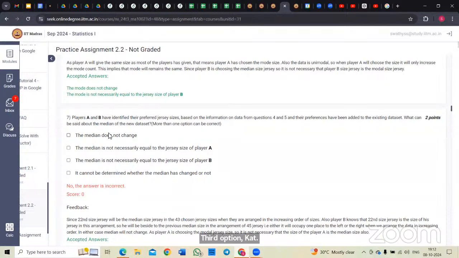ये तो थर्ड ऑप्शन, द मीडियन इज नॉट नेसेसरली इक्वल टू द जर्सी साइज ऑफ प्लेयर बी। पर हमने ये तो बोला है कि जो प्लेयर बी है वो मीडियन के इक्वल है। तो ये ऑप्शन तो गलत है। इसमें मना कर रहे हैं कि मीडियन के इक्वल नहीं है, पर प्लेयर बी मीडियन के इक्वल ही ले रहा है, राइट। फिर फोर्थ ऑप्शन, इट कैन नॉट बी डिटरमाइंड वेदर द मीडियन हैज चेंज और नॉट। फर्स्ट ऑप्शन में हमने बोला कि मीडियन चेंज ही नहीं हो रहा, तो ये ऑप्शन भी गलत है, तो ऑप्शन ए एंड बी सही है।